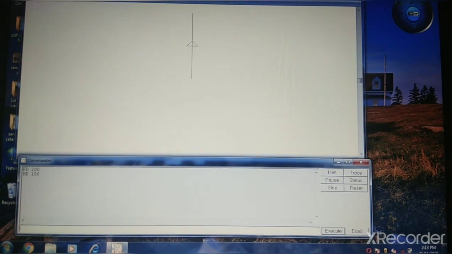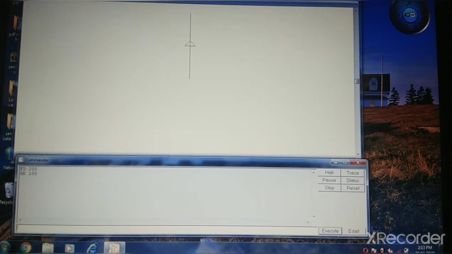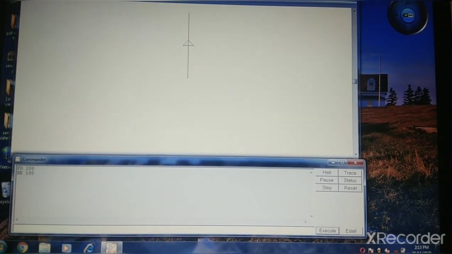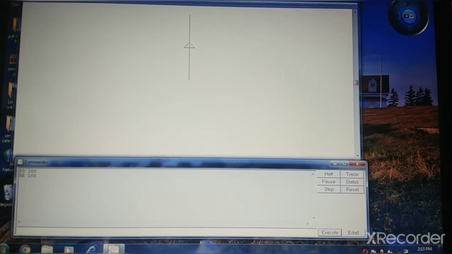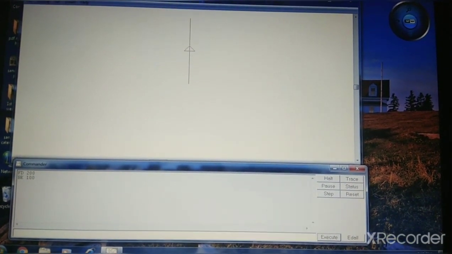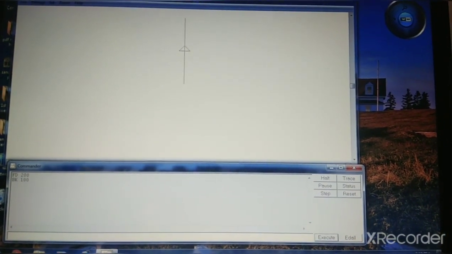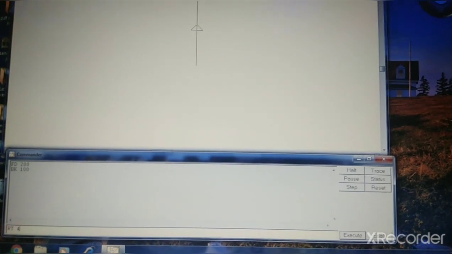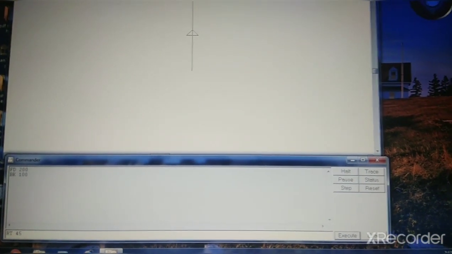Okay, now we will take one right turn, but not 90. We will take 45 degrees. How much will we take a right turn? 45. RT space 45 and we will press enter key.